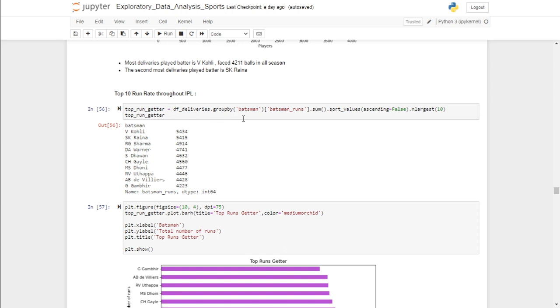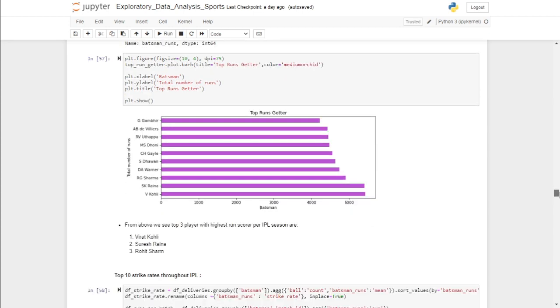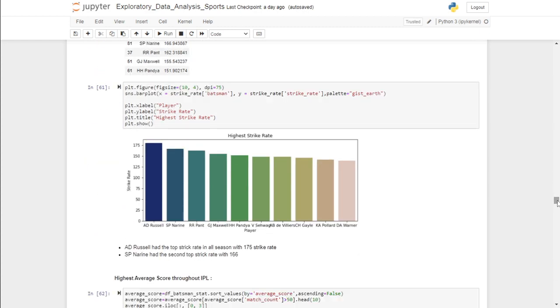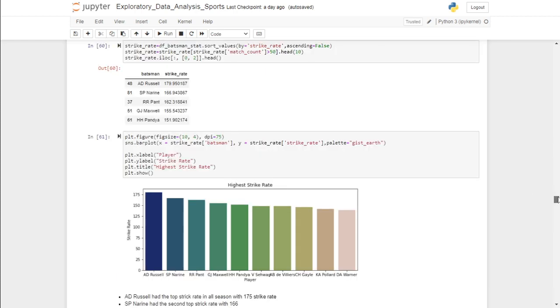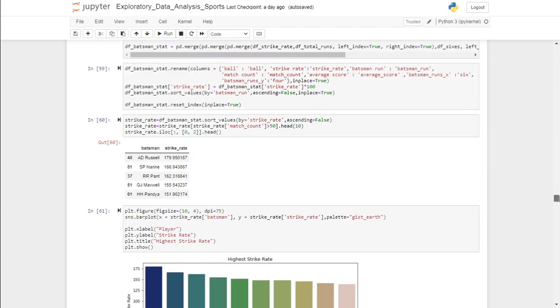And in total runs, Virat Kohli also tops here, then Suresh Raina, then Rohit Sharma. Virat Kohli and Suresh Raina are very close in total runs, but Rohit Sharma is a little behind them. So now analyze Virat Kohli, Suresh Raina, and Rohit Sharma's performance. And from the plot, you can see the